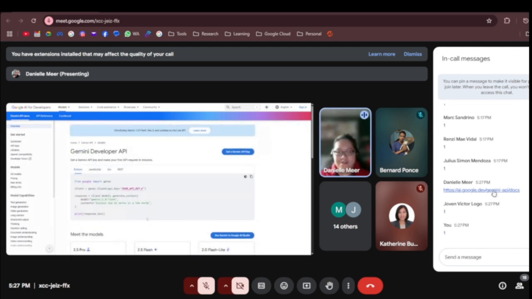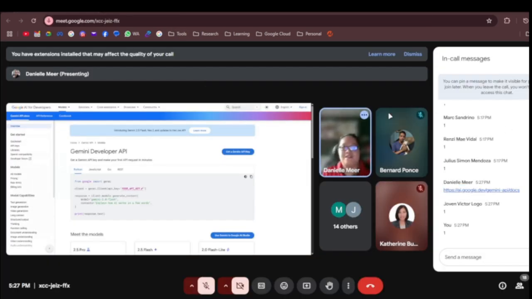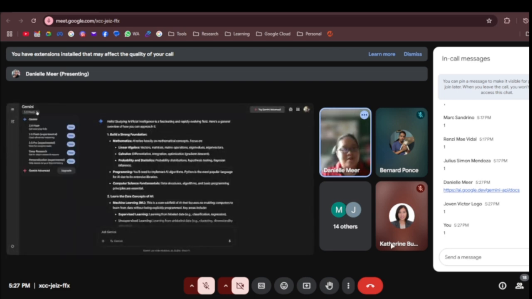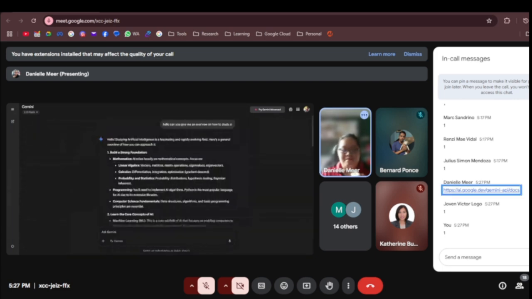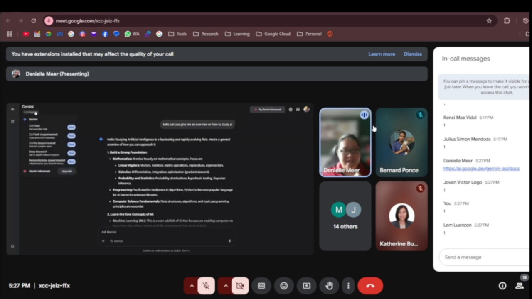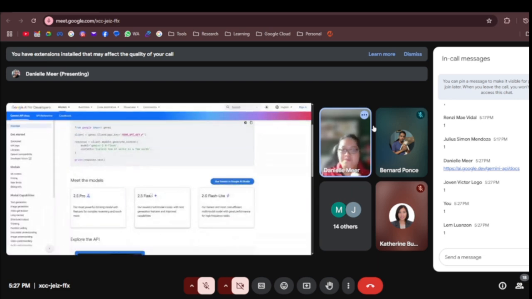One of the things that's really good about learning the API, guys, is that I just want to show you again. Here we have the Gemini web browser version. It's preferably in Flash, but there are a lot of different models as well. There is Flash 2.5, the Pro 2.5, and they're quite experimental. In the Gemini API, it's also experimental, but